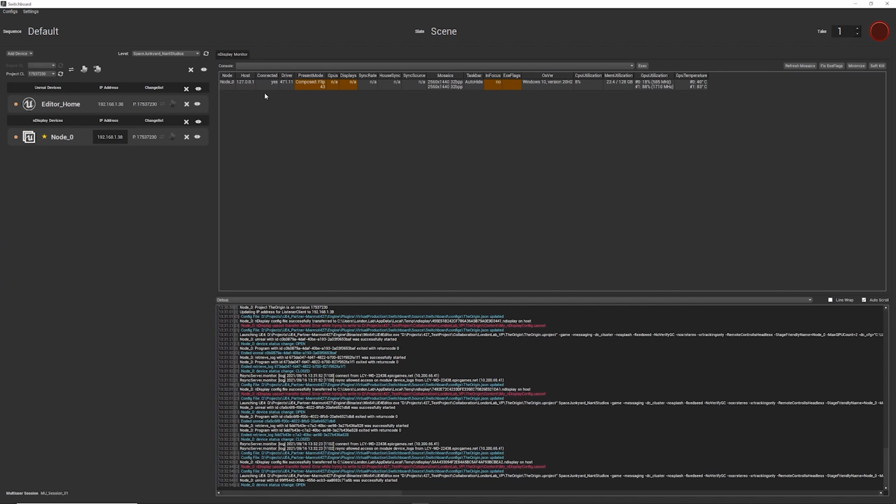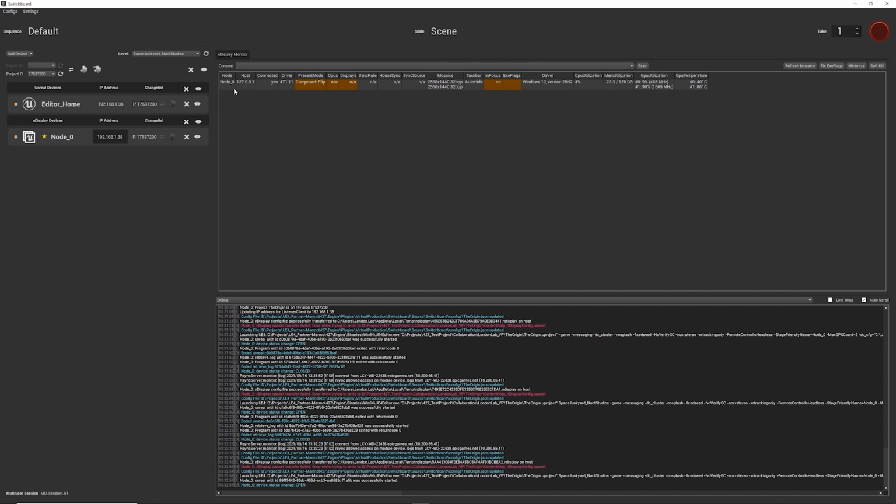You can now see in the NDisplay monitor we've got a few things that have refreshed. So we can see node 0, and we can see its IP addresses, the fact that it's connected, what driver it's running. We've got various GPU information here. We've got various sync information here. Now I'm not running with NVIDIA Sync, so you're not going to see any of this up to date, but this is how we can validate synchronization. We can see what desktop resolutions we're running. We can see what Windows version we're on, our CPU, RAM and GPU usage and temperature.